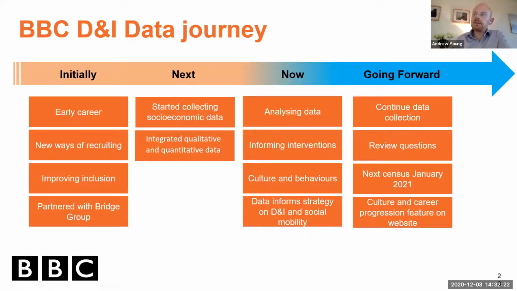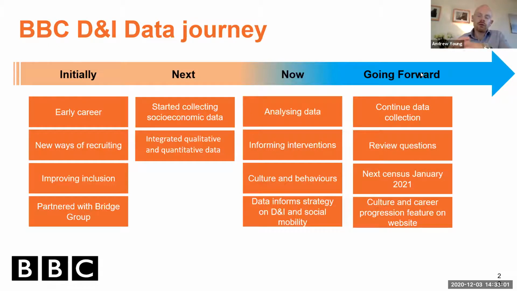I think the BBC is partway through its journey on socioeconomic diversity, and we began about 3 years ago, and we started to feel that we needed to do a lot more around socioeconomic diversity. Obviously we've been doing lots of diversity and inclusion activity for a long time, but socioeconomic diversity seemed somewhere that we needed to start to develop change and interventions. And the BBC is quite a data-driven organisation, and so data collection seemed like the best place to start before we started developing some of the interventions.